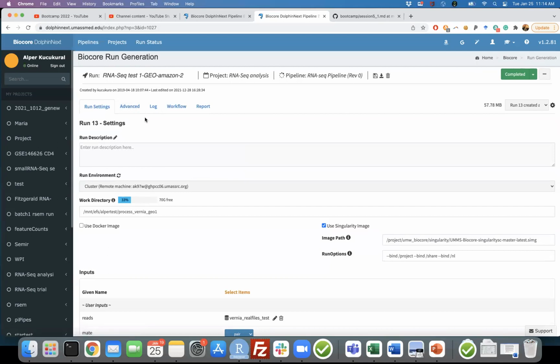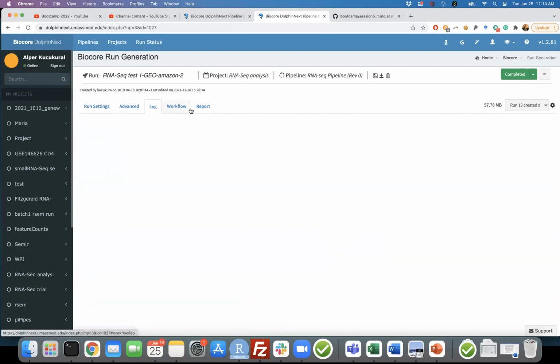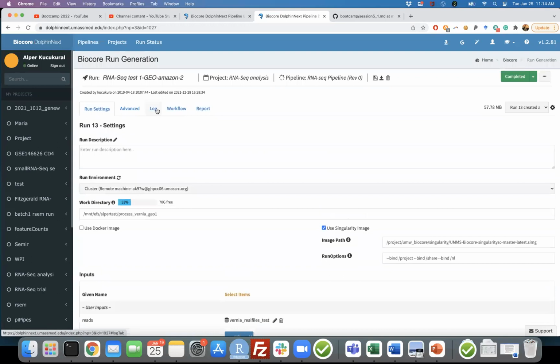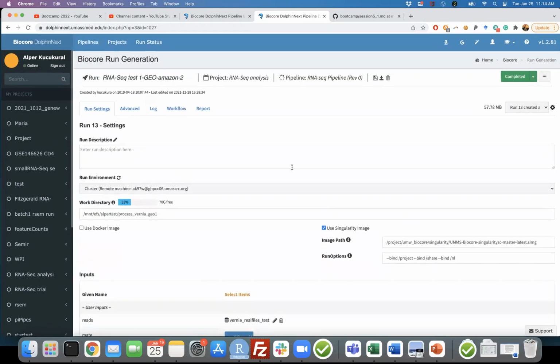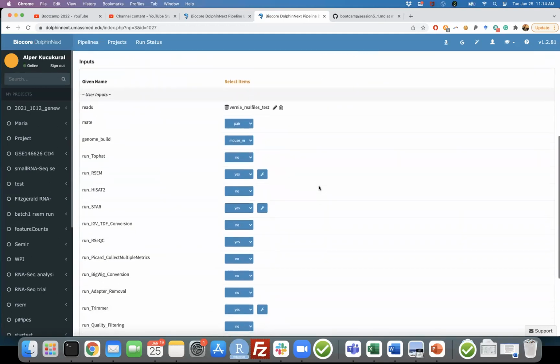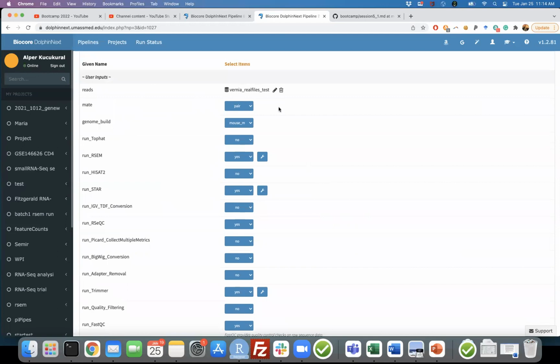So you can move them with you wherever you go in the future. So in this case, this is the form. When you press that run button in that pipeline, it's going to come to this page. This is your RNA-seq pipeline. So what I want you to do today is choose your reads and mate